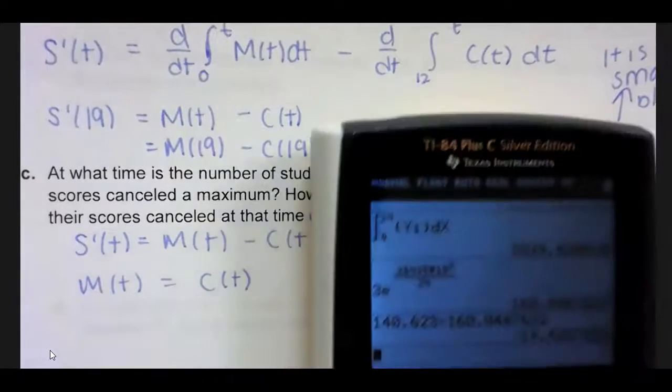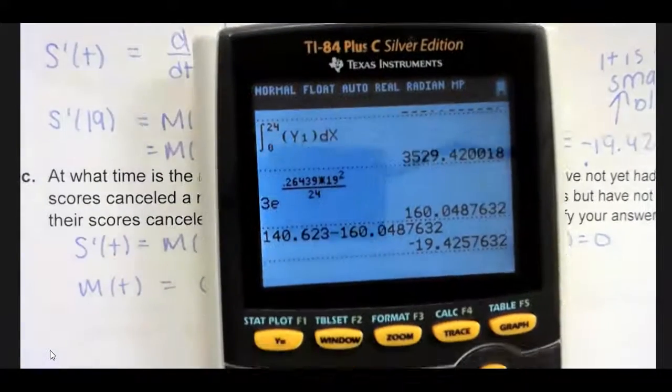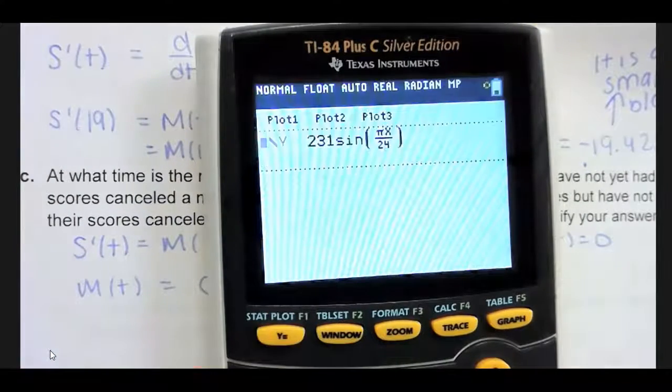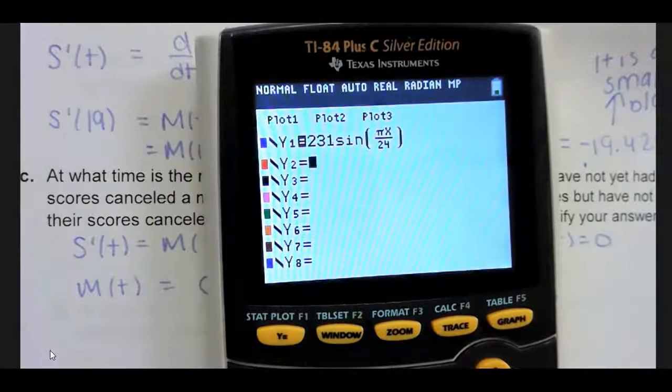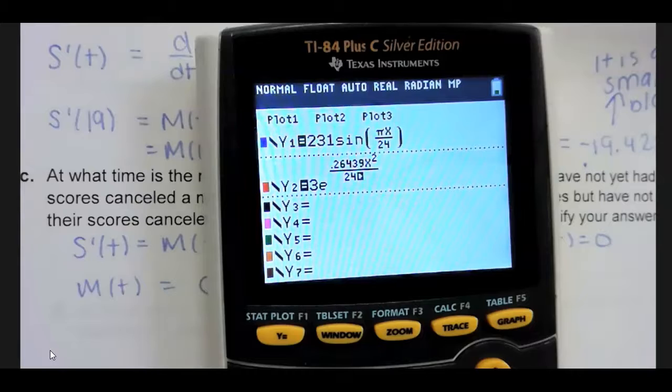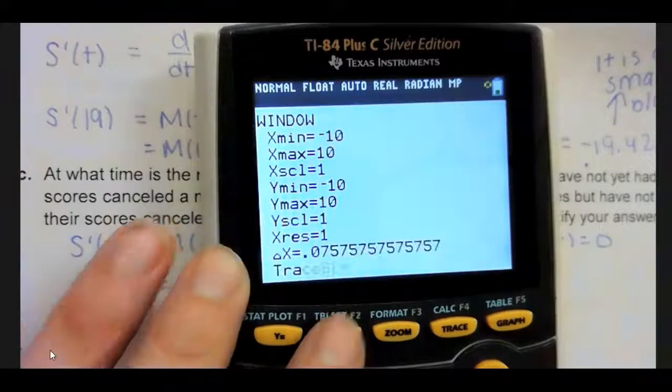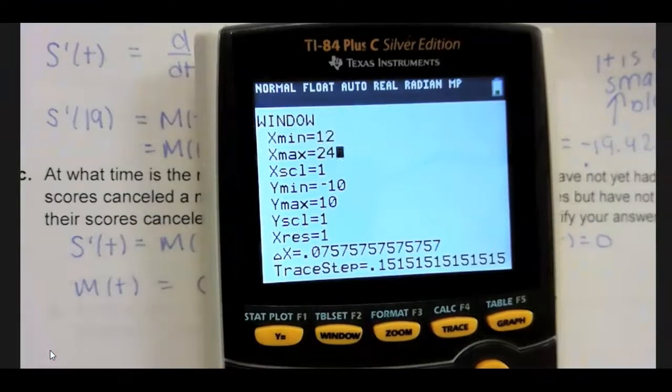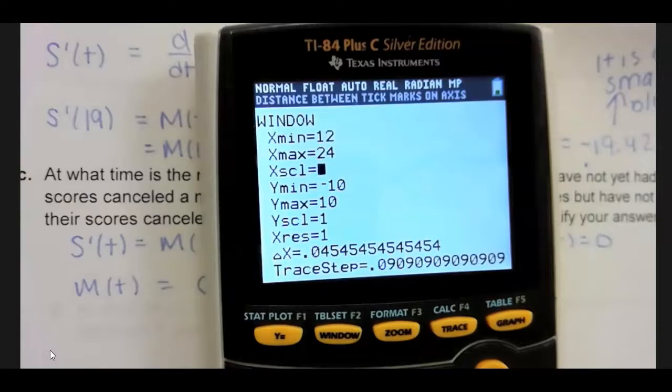So on your graphing calculator, again, your calculator is your friend on this problem. What you could do is type c of t in y2. And then find their point of intersection. Now, we know that their point of intersection has to occur between 12 and 24, because the entire range of the problem is 0 to 24, but C doesn't even